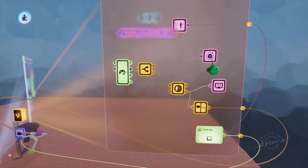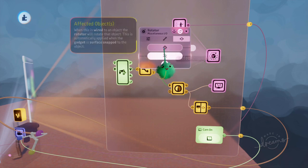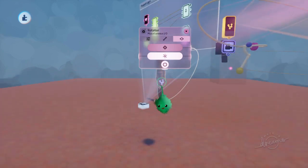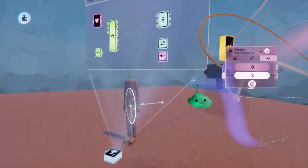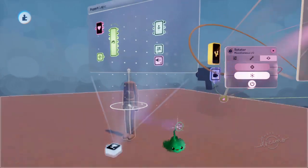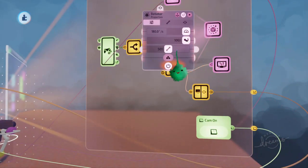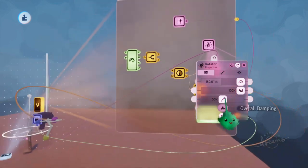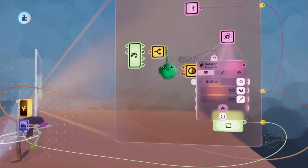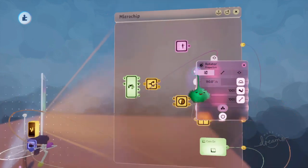So let's add a rotator and tweak the rotator, and we can go into the third tab and click affected objects and tell it to affect the puppet like that. And then we can turn on the grid and move that up so it rotates in a useful direction. And then if we turn up the strength, then it will be immediate, and the damping, and you can adjust these however you want. And then we can plug this into this. Now I'll just explain what's going on there